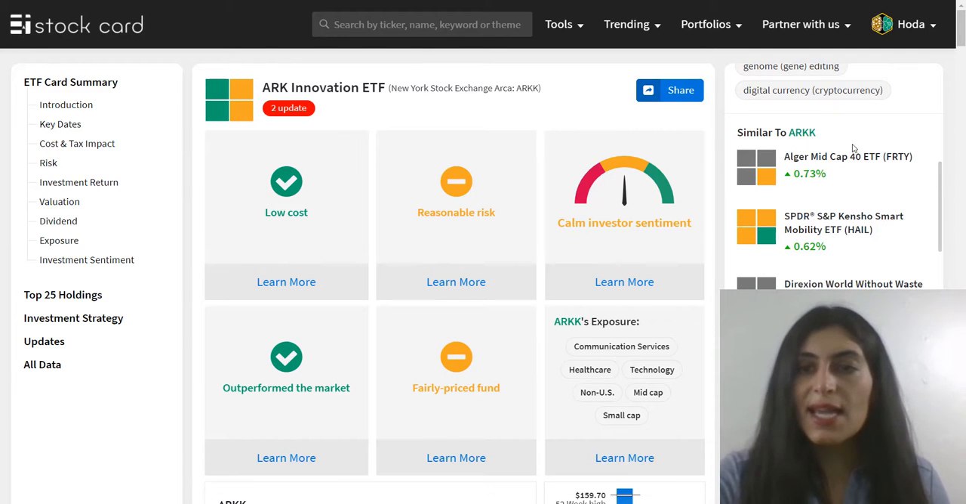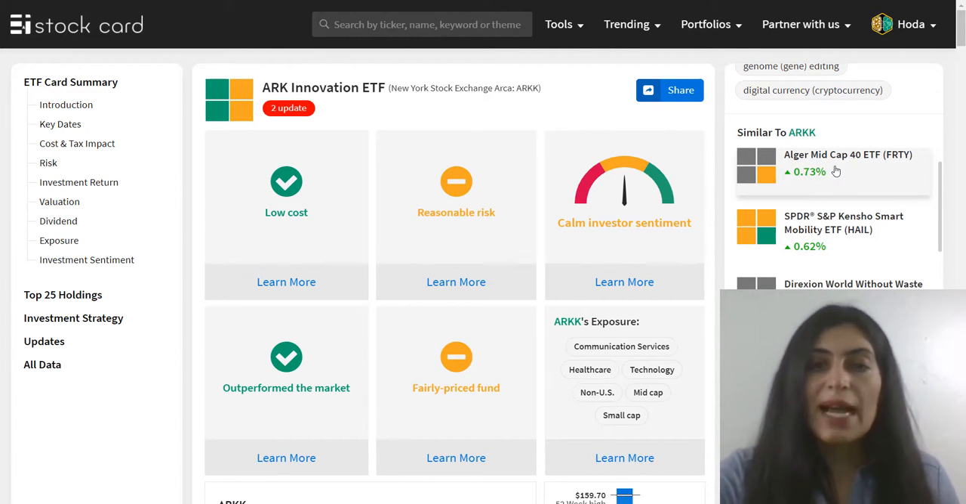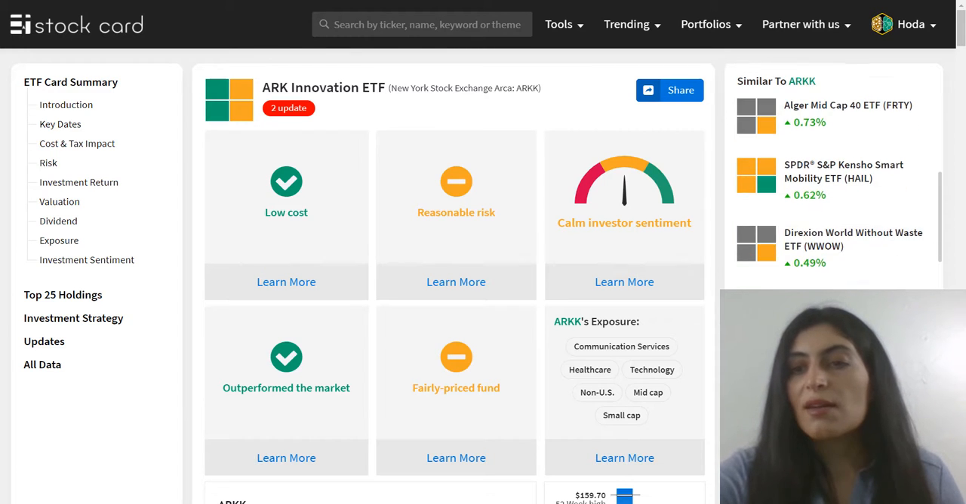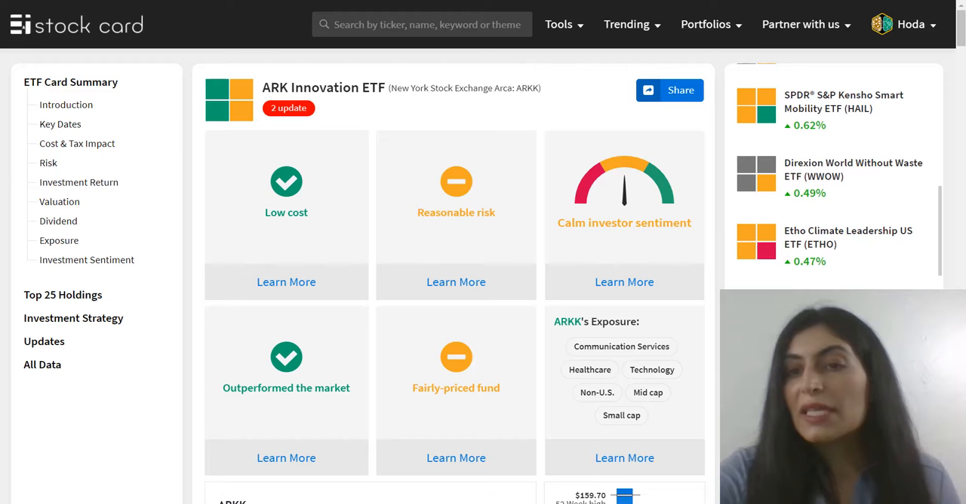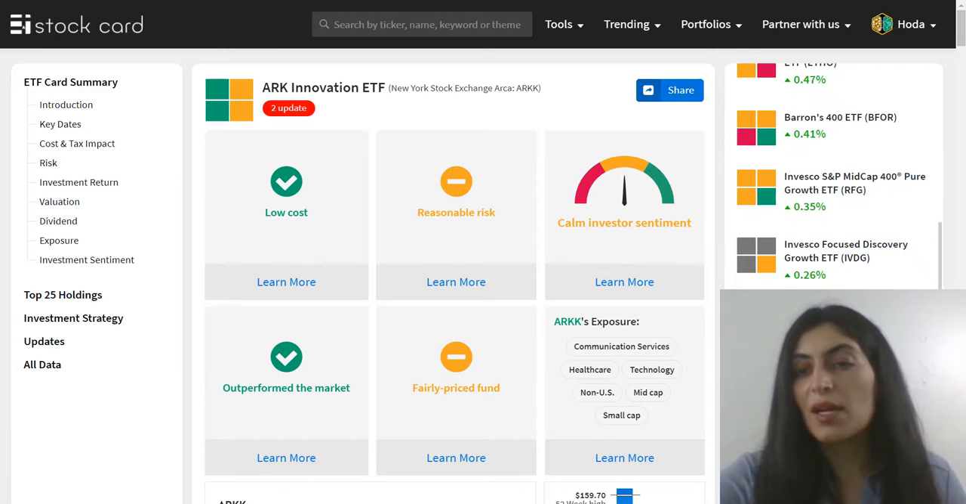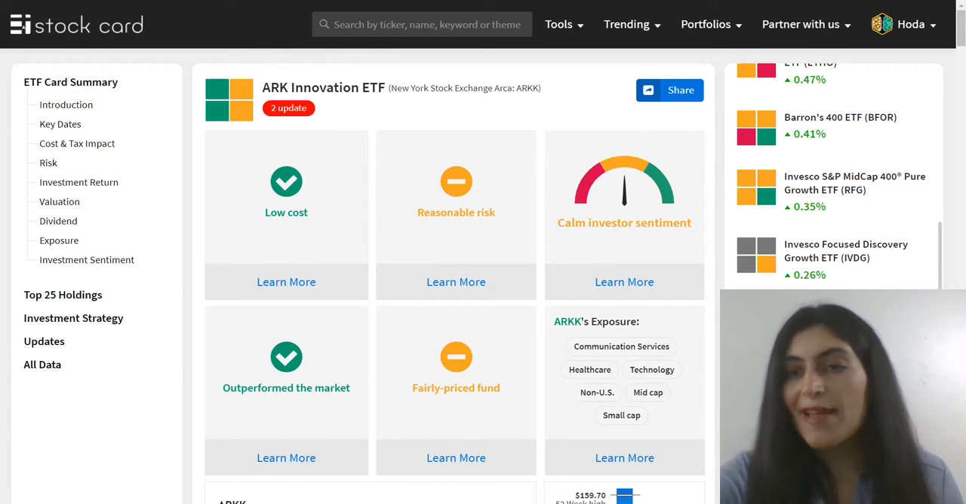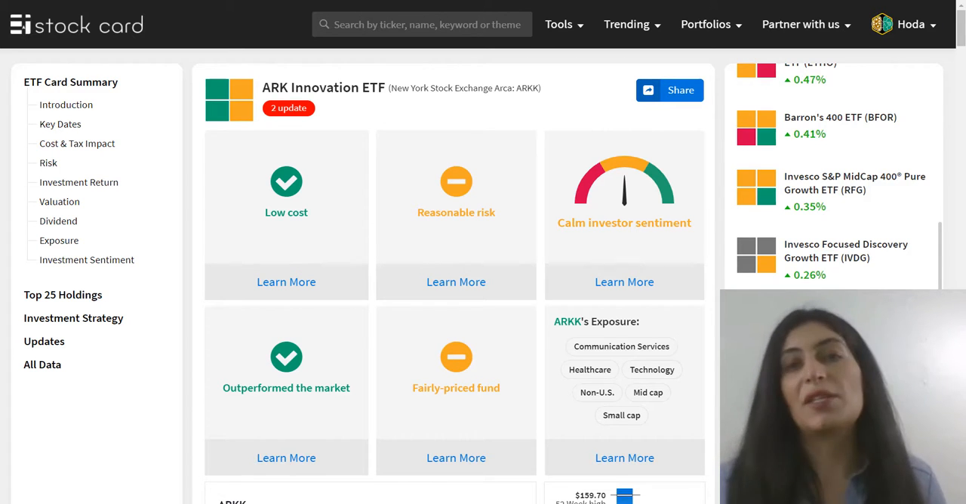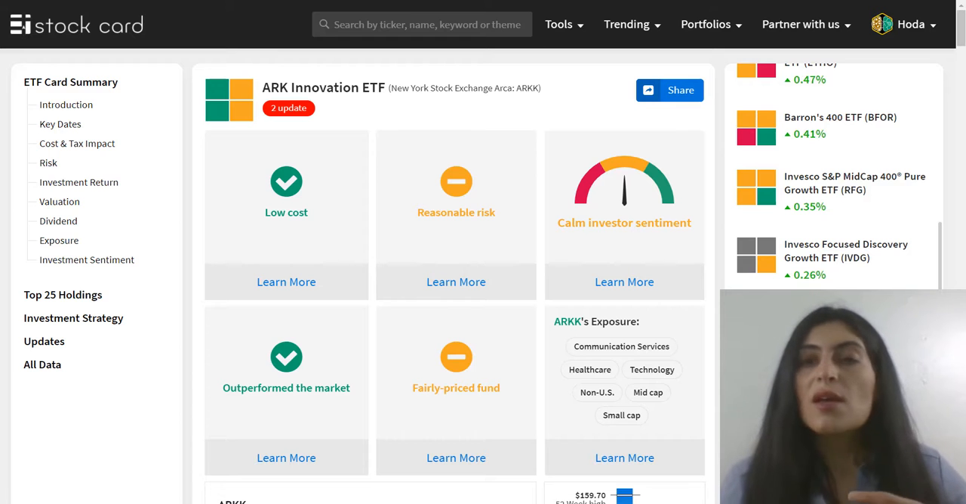So ARKK is an ETF that is focused on technology and has more mid-cap and small cap type of companies in the fund. That's why you see a lot of the similar funds are more focused on technology, mid-cap, small cap type of funds. For example, Vanguard S&P Mid-Cap 400 Growth ETF is a very good competitive or similar ETF to ARK's